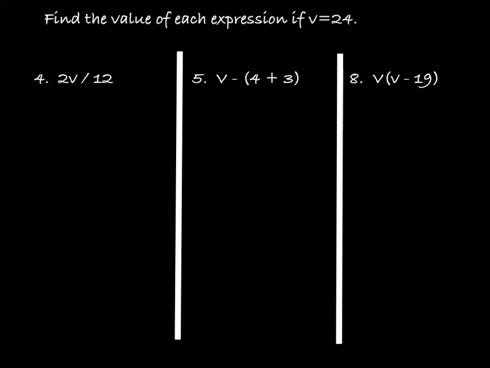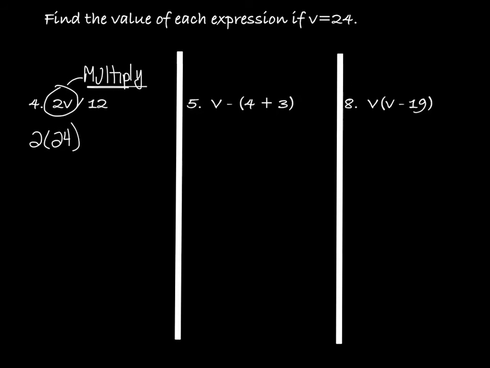So for the first one, we have 2v divided by 12. Now you have to remember that when a number and letter are next to each other like that, that always means that we are multiplying. So for the first one, we actually need to take 2 times 24. And remember, we really need to try and stop using the x as a symbol for multiplication. So I like to use parentheses to show multiplication. So we're going to do 2 times 24 divided by